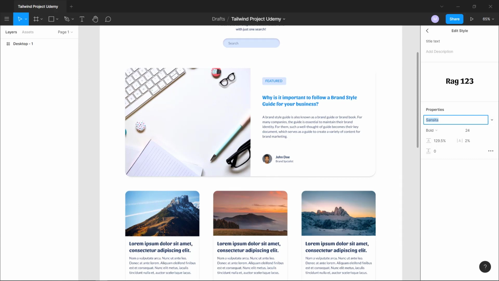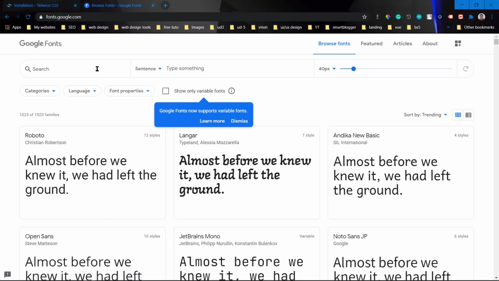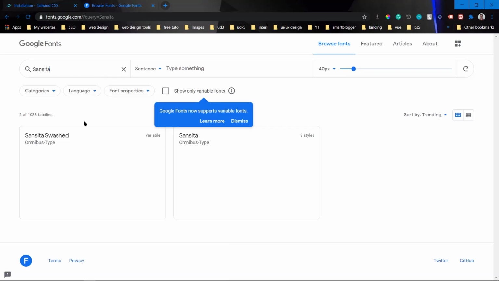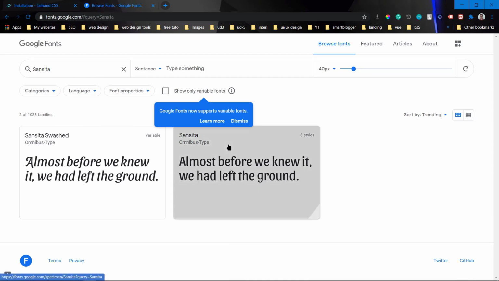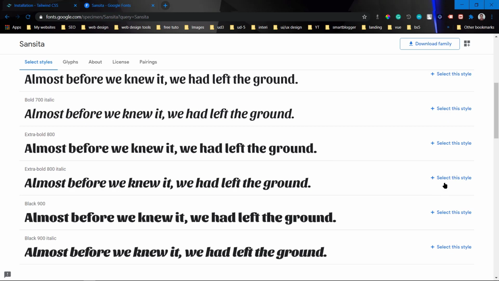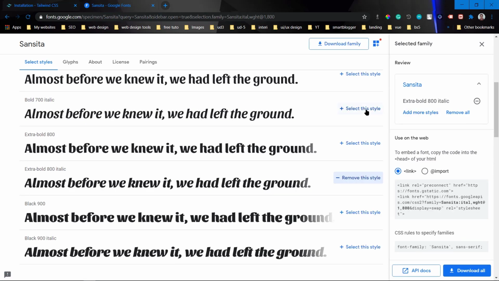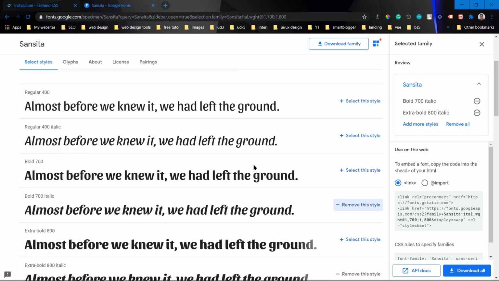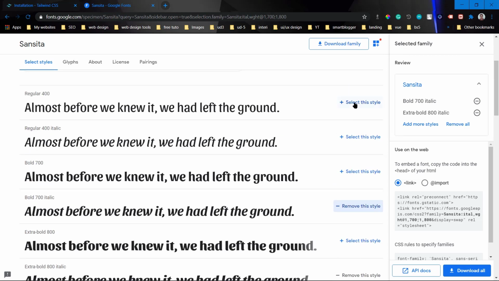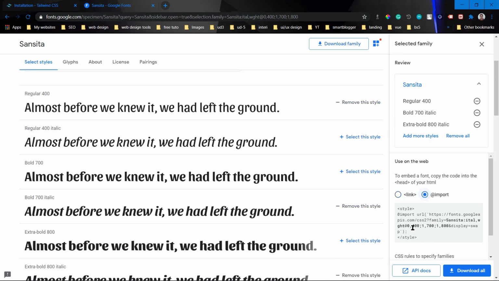Let's get it from here and search it in Google Fonts. Okay, this is it. I think we only used extra bold, and let's also add the regular, and we are going to import it because we need to import it first.